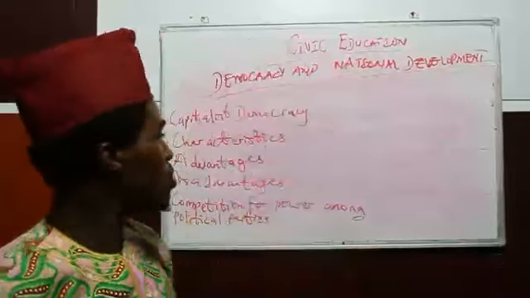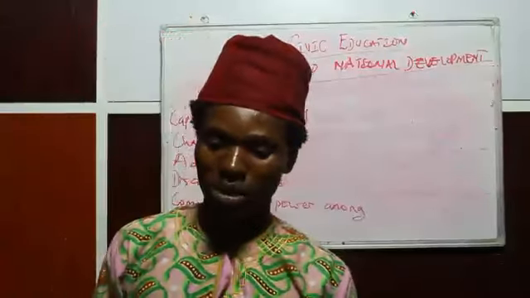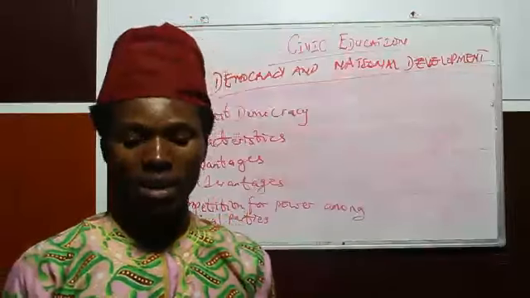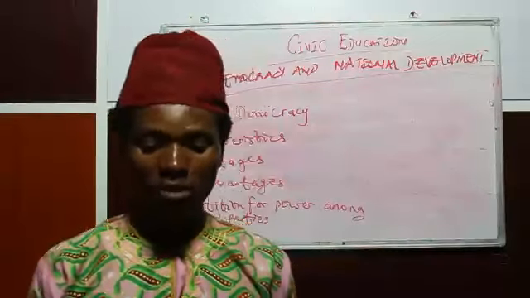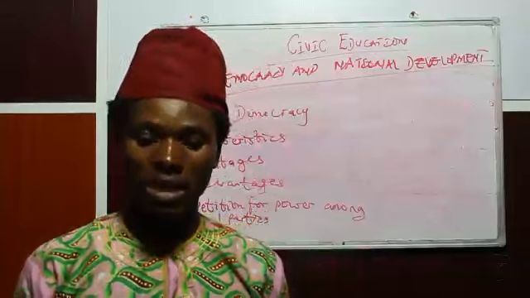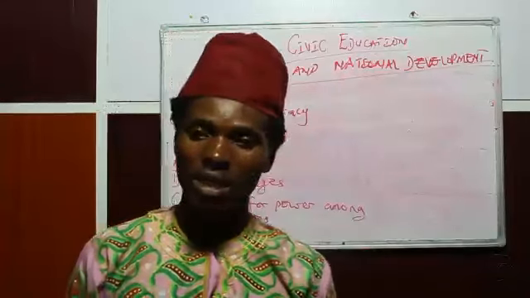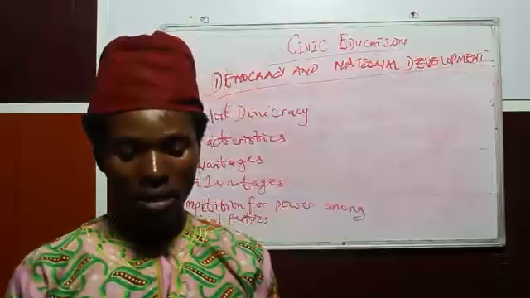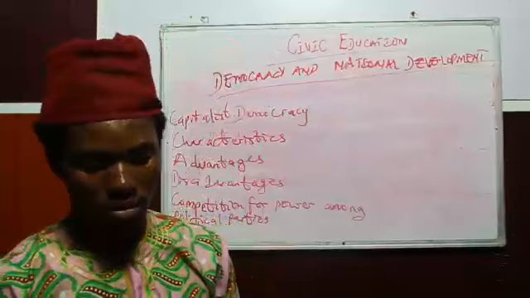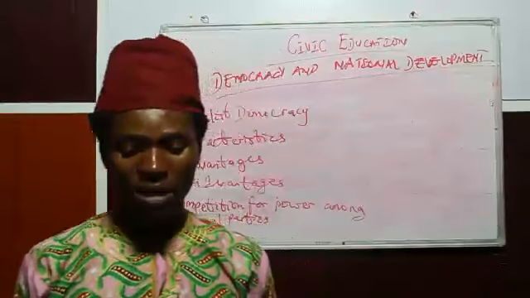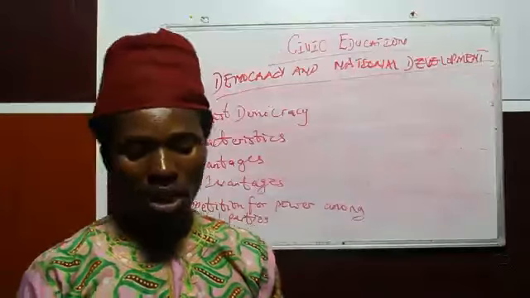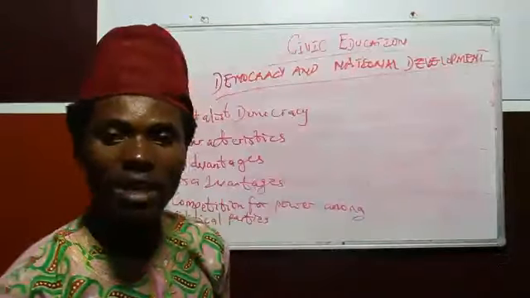First, let's take a look into the meaning of capitalist democracy. In earlier lessons, we described democracy as the government of the people, by the people, and for the people. It is the government through elected representatives. In this lesson, we shall see another form of democracy, which is called capitalist democracy. There are two main democratic practices world over. These two practices fit into the major economic systems in the world, namely